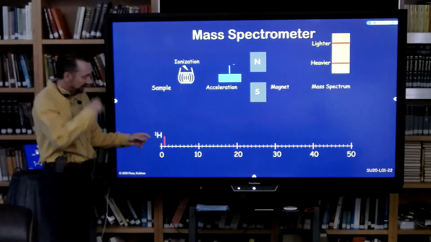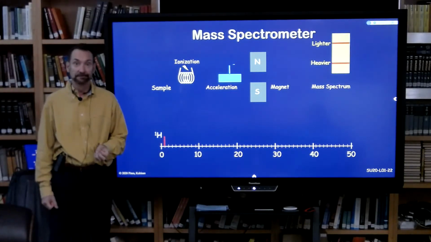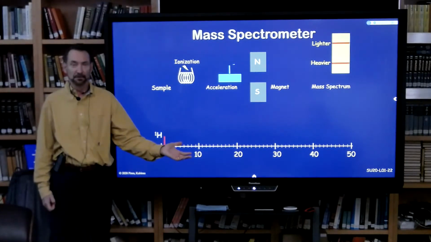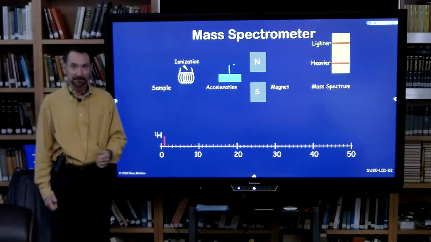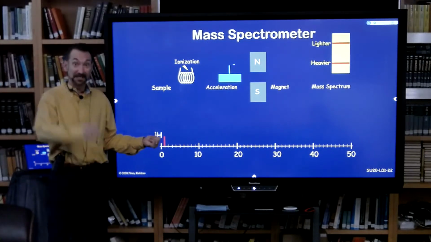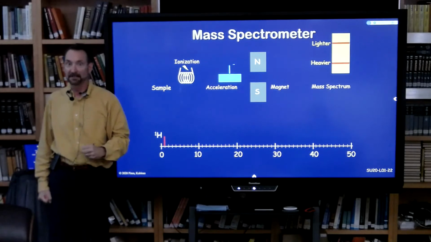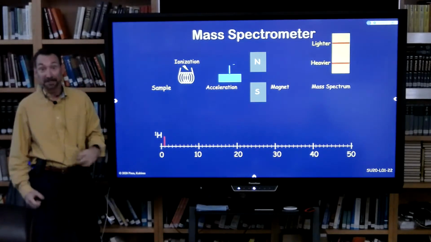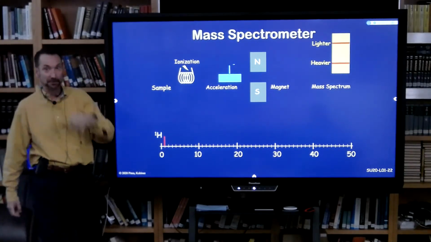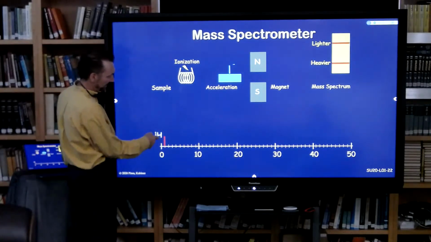mass spec experiment and we got a peak, so these are all mass units, and we got a peak at 1 mass unit, that could be a hydrogen nucleus, a proton. I'll use those two terms interchangeably. I'll call it hydrogen when it's an atom. Sometimes I'll just call it a proton, especially if it's charged. If the electron's removed from a hydrogen atom, then all you have is a proton, just a proton flying through space. Mass 1, and the electrons don't add anything to the mass in general. They're a tiny fraction, about 1/2000th of a proton. So it's a tiny fraction. In this case, just a proton.